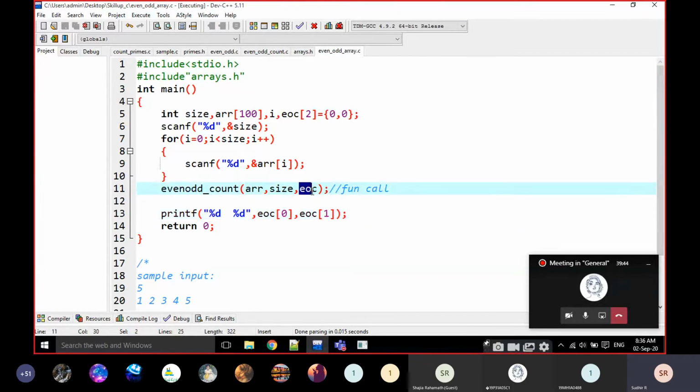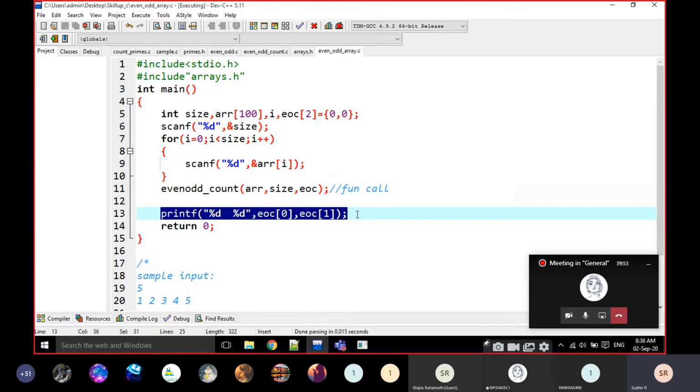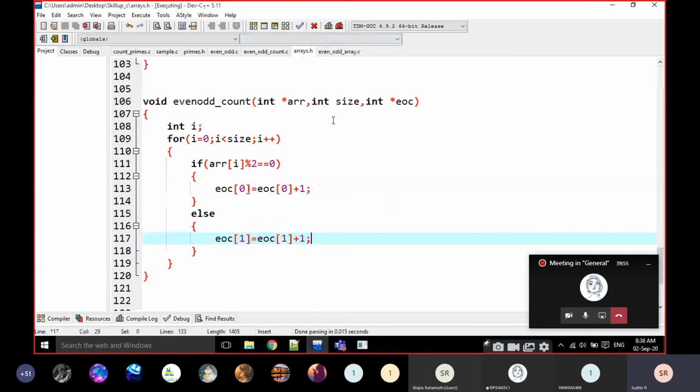Yes, that means this is the result. If you have to apply any modifications on this one, then the result is going to be printed with these values, right? Then we have to apply here like this. We have to study the main program first of all, or the function definition also, then you can clearly understand how it is calling, how the function definition is, what is the resultant array. Then we have to work on all these properties.